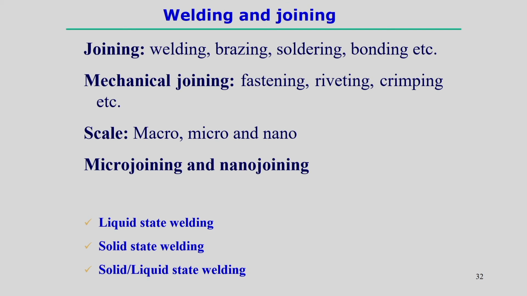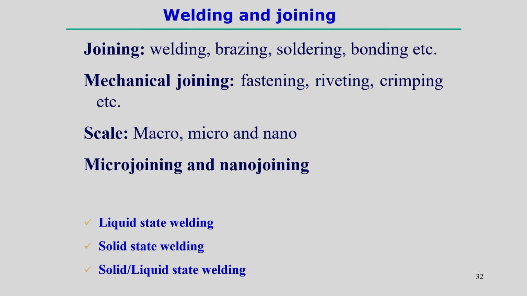So, micro joining and nano joining are simply a scaling down of the welding processes. That means we know the conventional, existing welding processes, but depending upon the application and miniaturization of the components, there is a need for micro scale application of welding processes. So, that is called the micro scale. It is basically nothing but a difference from the conventional in the form of scale. And similarly, nano joining processes have also been developed. It further reduces the scale, and when we analyze the mechanism of joining there, that comes under nano joining processes.